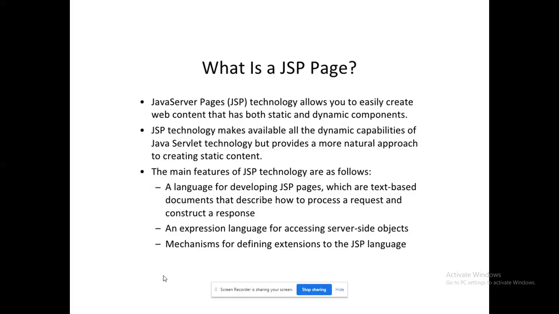All these things can be encompassed in your own JSP page. You can use all these entities in the JSP content, not the HTML, because HTML has predefined tags. But in JSP, you can use your own user-defined tags also.